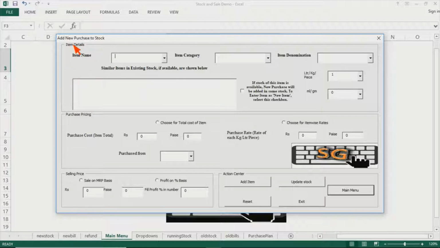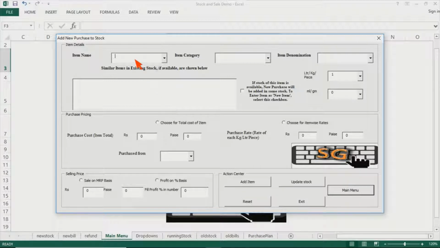This item detail area will comprise the basic details of that item. This is the area for purchase pricing. This is the area for selling price modality, and this is our action center where all processing commands will be given.